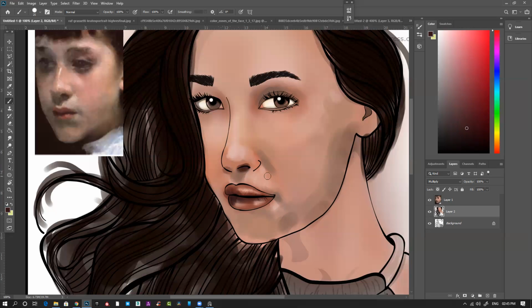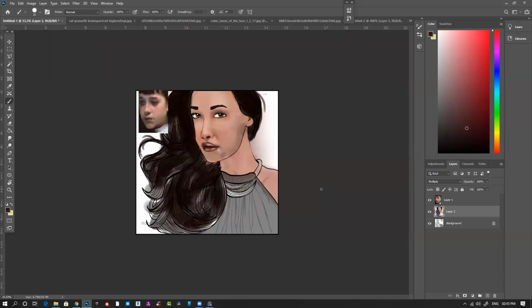So I'll see you guys tomorrow, and from tomorrow we'll start painting something, some character. By the time I'll pick some